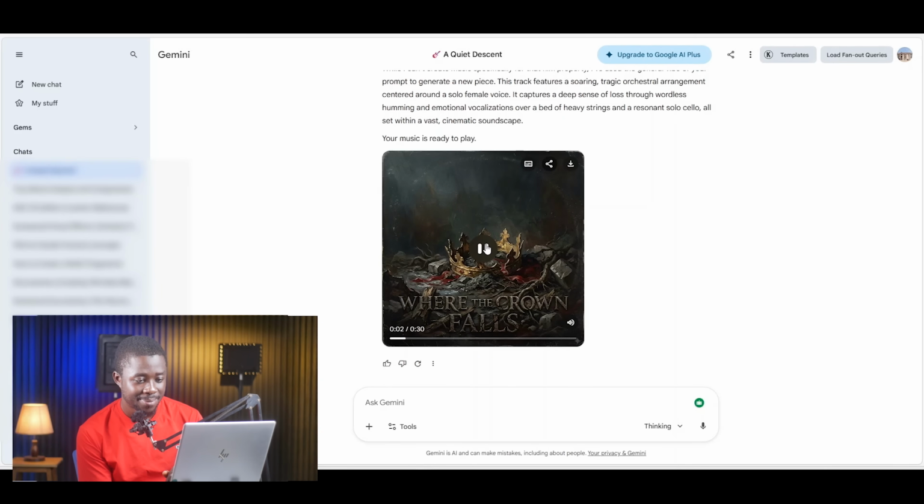Hums a mournful melody filled with sorrow. Hums the melody breaking with quiet sobs and grief-stricken